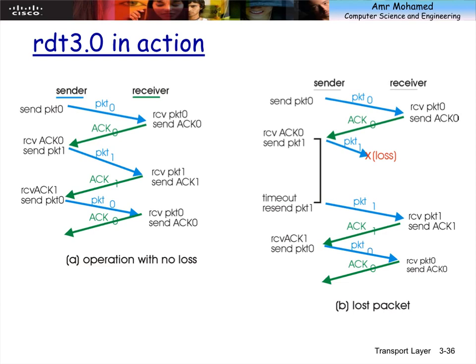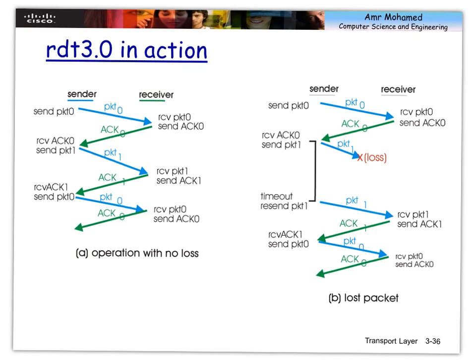So what are the possibilities of losses? Here, this slide suggests that this is the happy path. For stop and wait, again, the sender sends, the receiver sends acknowledgement. And as long as the sender receives an acknowledgement that matches the sequence number of the packet, then it switches to the other packet. If the acknowledgement for any reason does not match, then we send the same packet again. So we know how to do this. This is the normal operation.